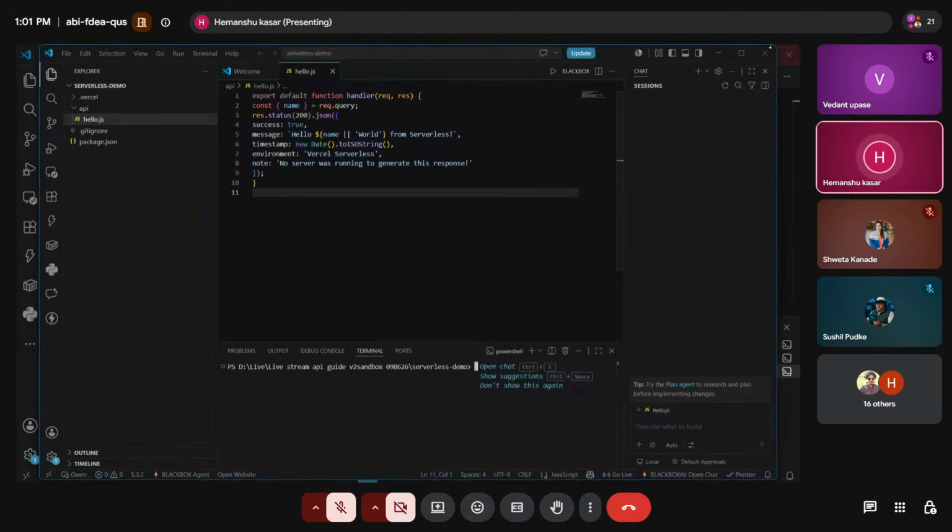Why are we calling it serverless? Vercel has its own infrastructure, so using two commands we can deploy that on our profile. We just have to link it with the account you created on Vercel. As you can see, I have created one function here.